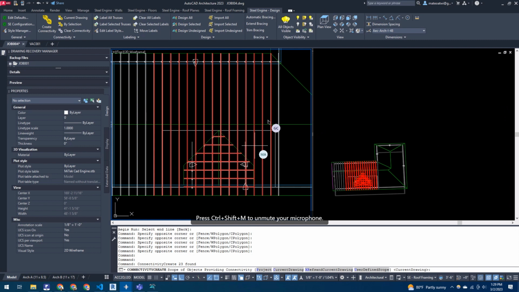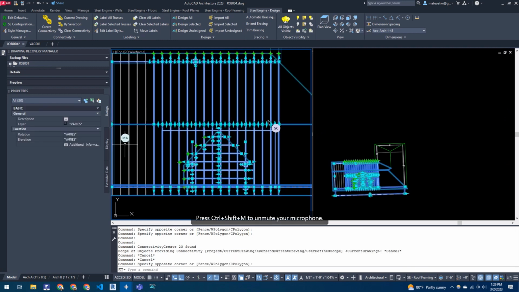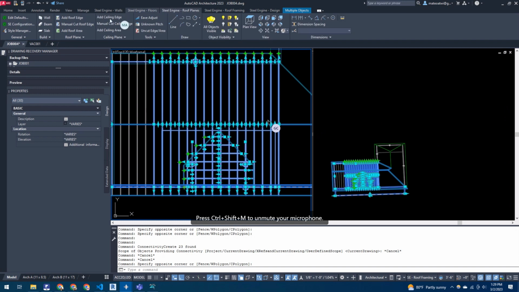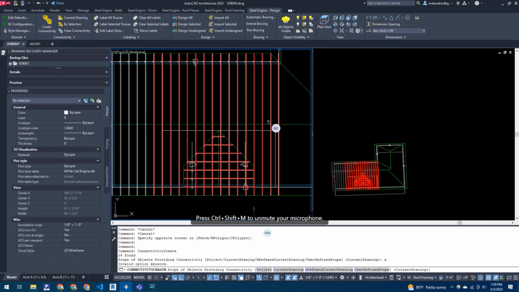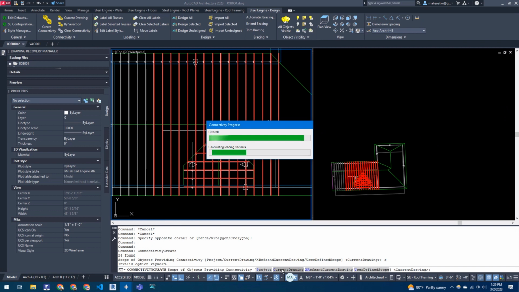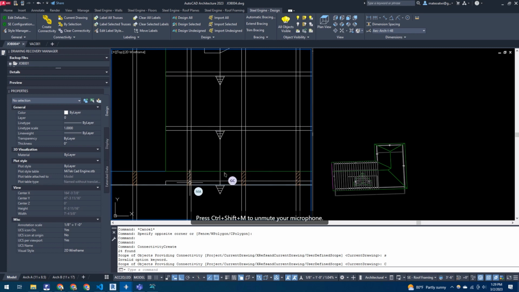But you only want to do by selection because otherwise it could screw up all your other trusses. We don't want that. No. By selection. Yep. And then now you can hit current drawing because it's only going to use those. Now it won't show connectivity on a valley to the truss below it, but